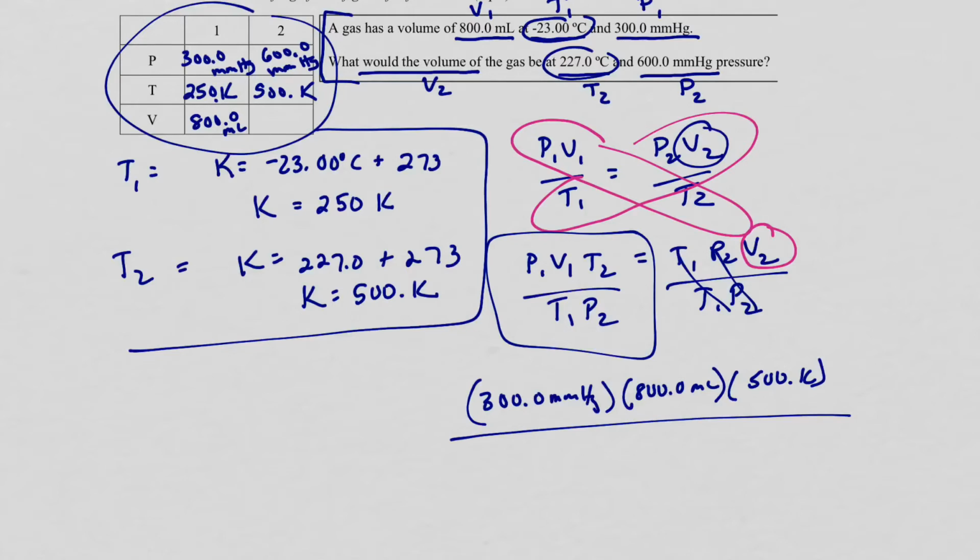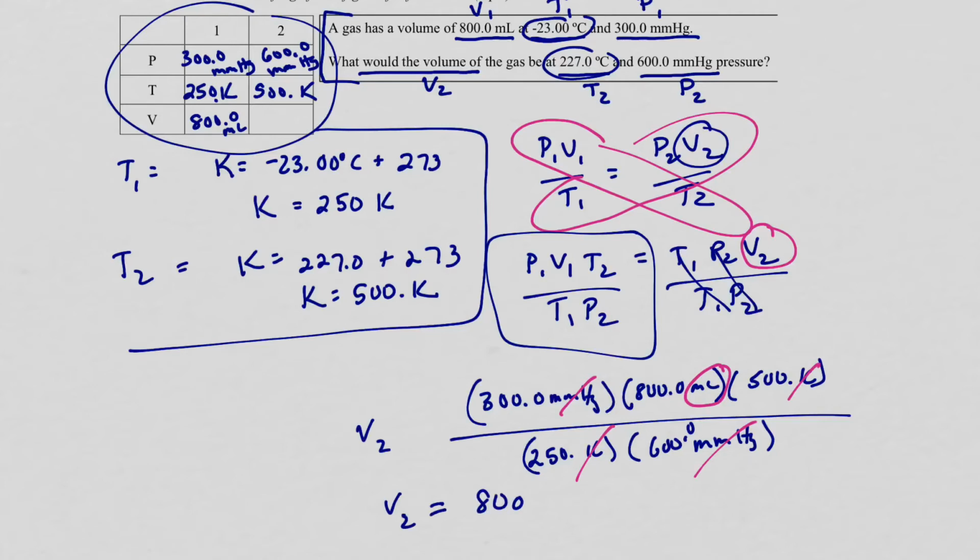All divided by a T1 of 250 Kelvin and a P2 of 600.0 millimeters of mercury. So the units that cancel are millimeters of mercury, Kelvin and Kelvin, leaving us with a unit of milliliters. So when we do this math and simplify it down, we see that we're going to get a volume